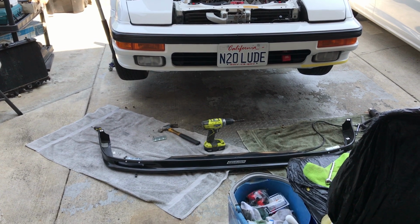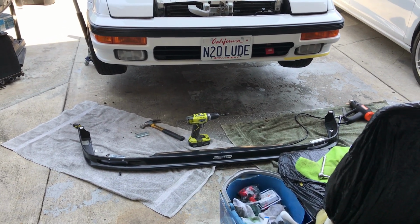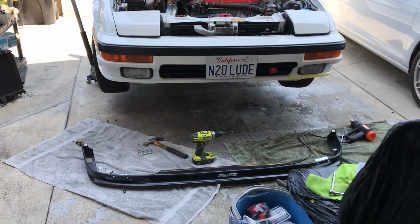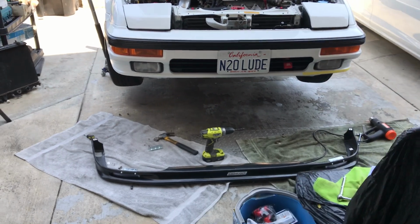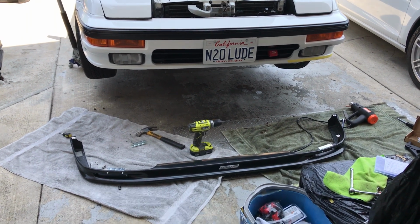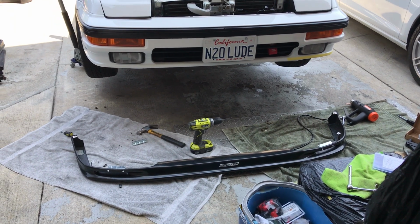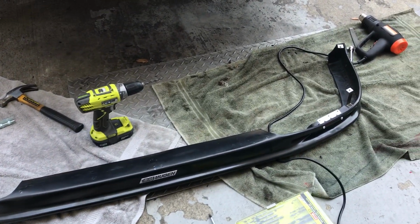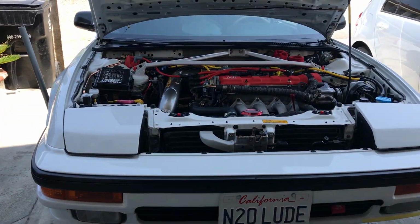Alright, this is a short video about my front lip on my 3rd gen Prelude and what I did to make it fit. Basically, it starts off with a Mugen front lip for a DA Integra. That's the 90 through 93, I believe. And it's pretty close. This is it right here, and this is what I had to do to make it fit